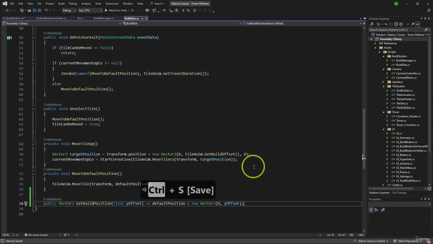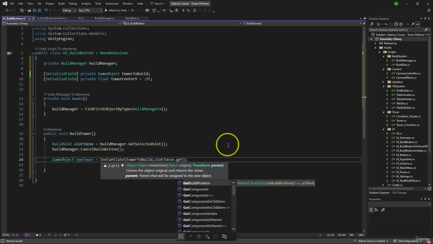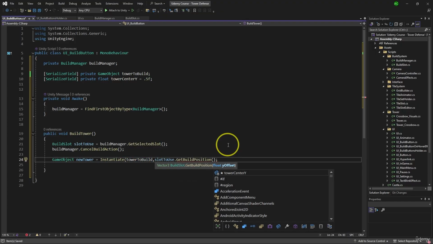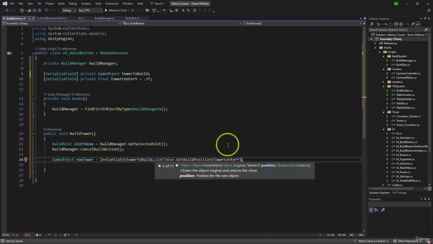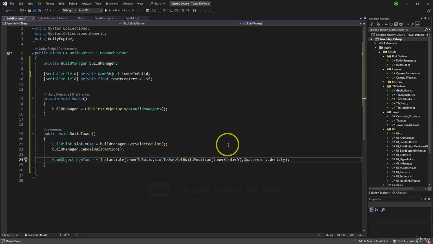This is nice. So now we're gonna get default position plus the offset we need. And on a build button over here, we're gonna get slot to use, get build position, and as an offset we're gonna pass tower center Y. Very smart and easy way to do what we need to do. Then we're gonna type Quaternion identity over here, and that's it. It's supposed to work. There are some things that we need to do to improve it, but let's go and